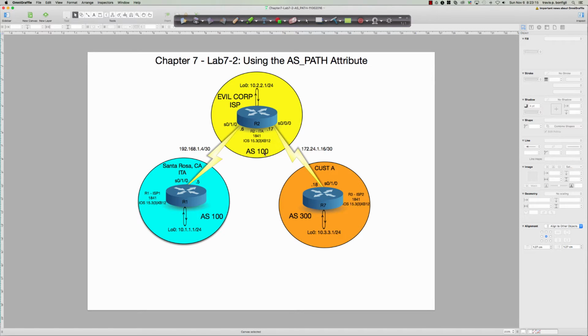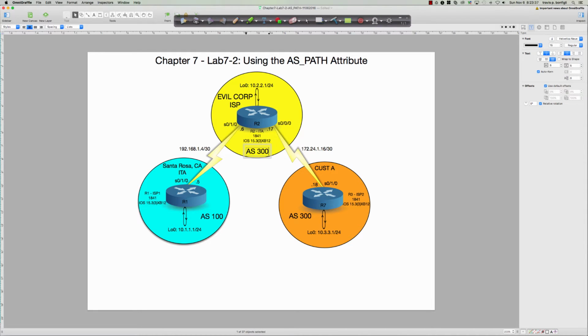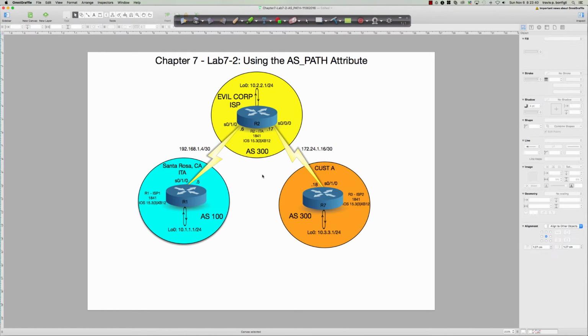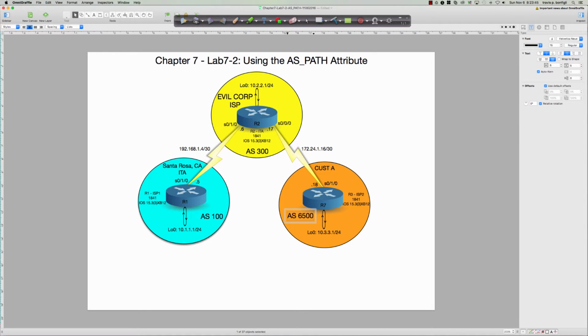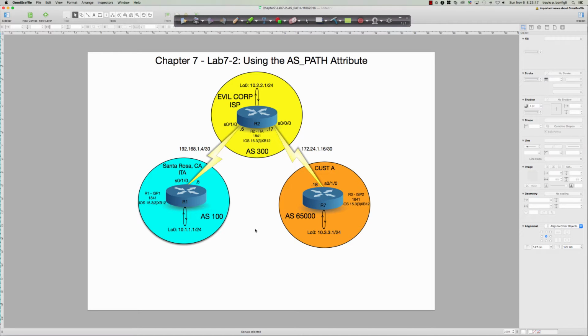So here is our setup. Some minor changes. The IP addresses have changed a little bit. This is identical to lab 7.1, but the IPs have changed, the autonomous system numbers have changed. In fact, as I'm looking at this, it looks like I failed to update the AS number of the Evil Corp ISP. So we're going to go with the Evil Corp ISP here as AS 300. There we go. All right, but other than that, everything else is the same as Lab 7.1 in terms of